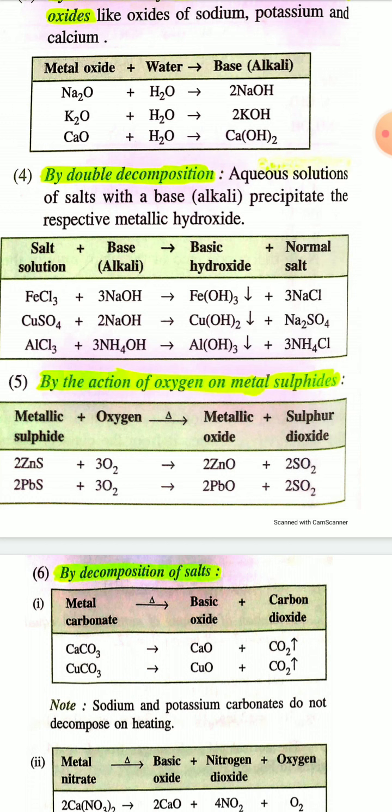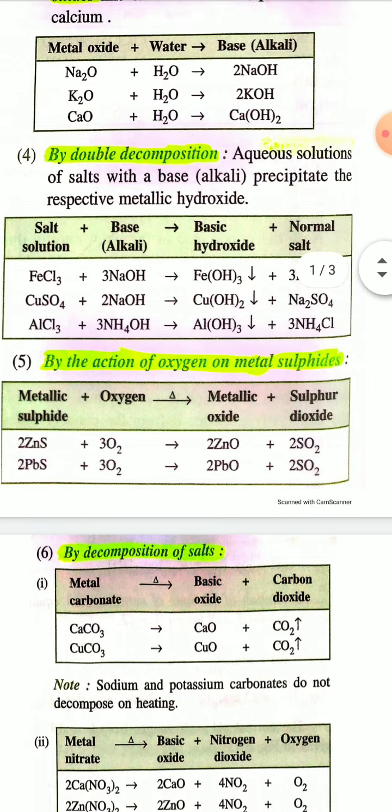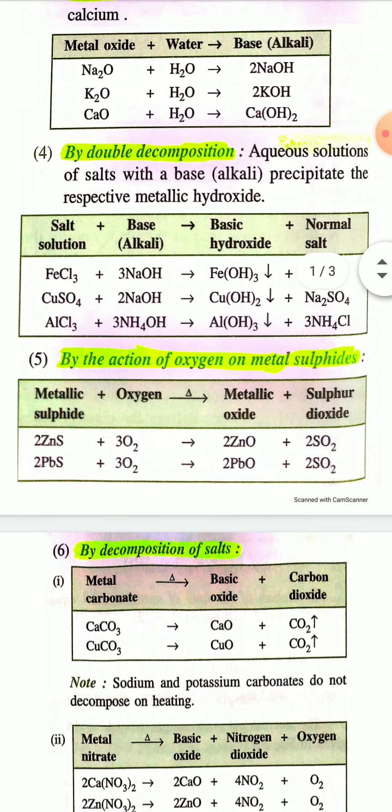The fourth method of preparation of base is by double decomposition. And this one is important chemical reactions. Okay, you have to remember. So by double decomposition reaction, you can prepare some bases, some basic hydroxides. For example,